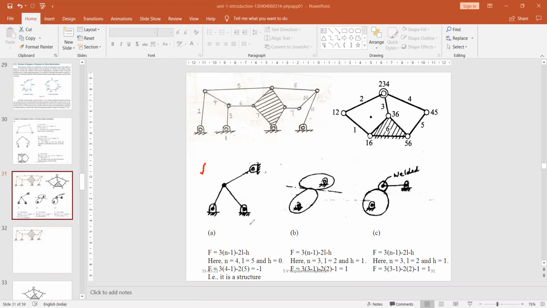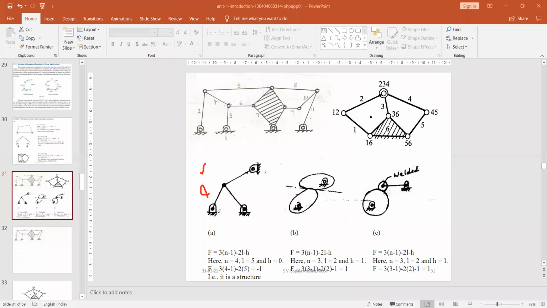And how many joints are there? Just observe our figure here. How many fixed links are there? 1, 2, 3. These all are acting as only one link. Just all of you keep it in your mind. It is very important. So these 3 are acting as only one link. And second, third, fourth. How many links are there? 4 are there.